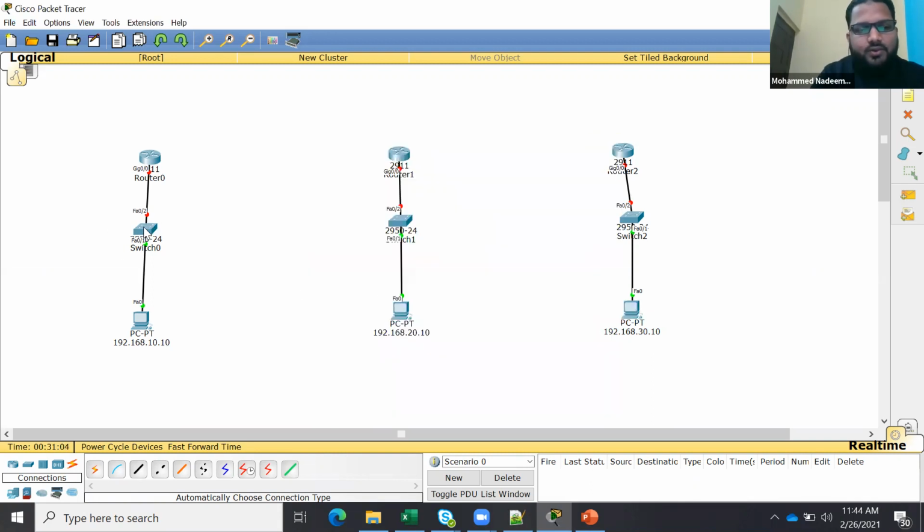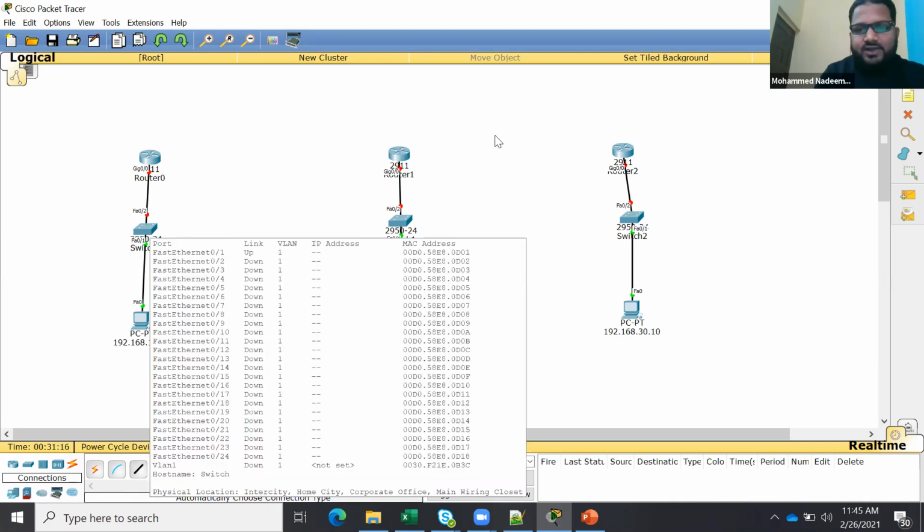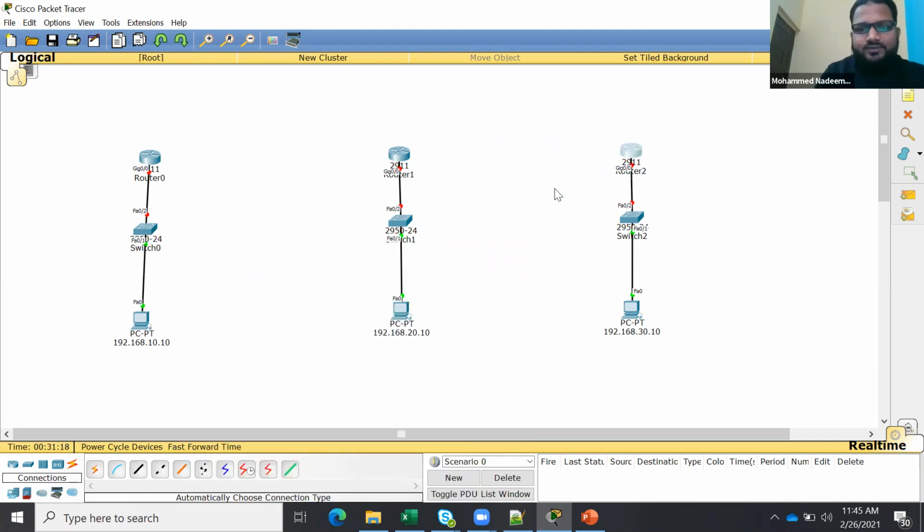I don't need to do anything on the switching because by default these ports are in VLAN 1. I don't have multiple VLANs, I'm just passing one VLAN. So I will just use this switch for connectivity, that's it. No VLAN, nothing, because by default this entire LAN has one VLAN only, and it has this network. So now before configuring the router, we need to connect the WAN connectivity.